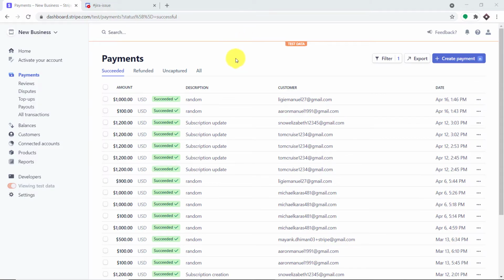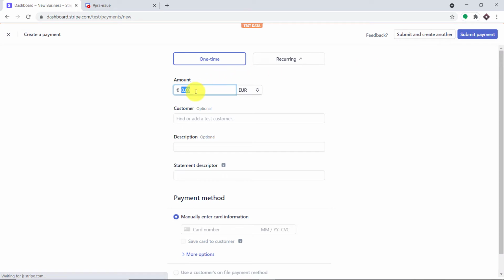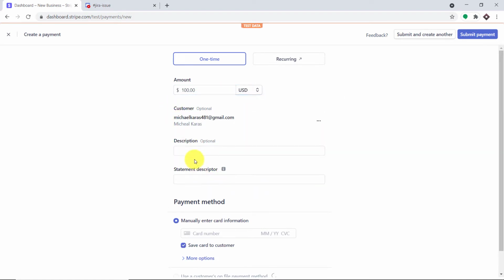Okay, so we will begin with a small example. So as you can see, this is my Stripe account, and what we're going to do here is just create a dummy payment. So let me just click on create payment, and here I'm going to enter some payment details. So let's say the amount is $100, and this is the customer called Michael Karas. So this is the email of the customer,